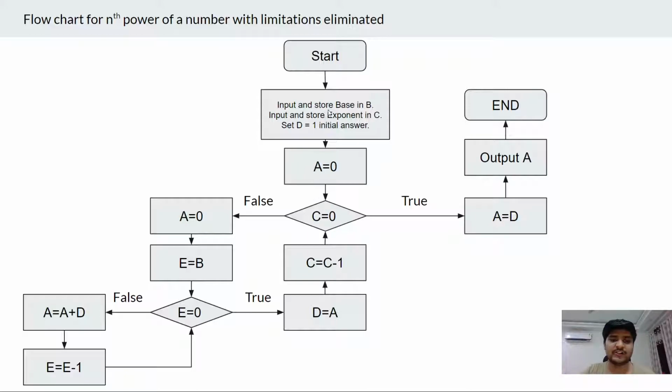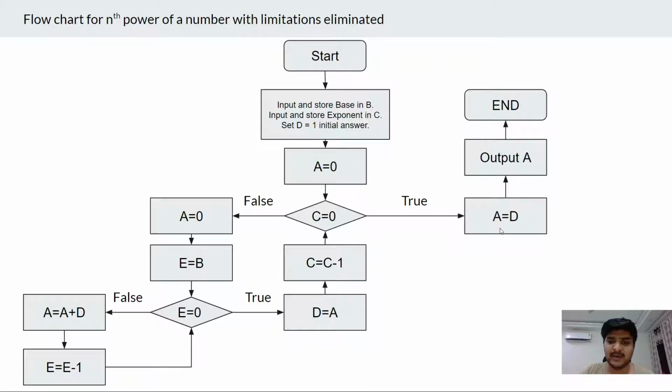The second problem we had was, if the exponent was given 0, then our program was running infinitely. But here you can see if C is given 0, then right at the start the program will go in this direction, and A will be assigned D, that is 1.